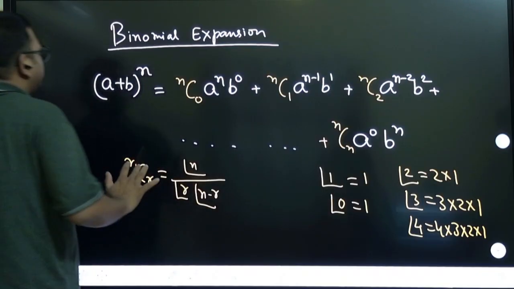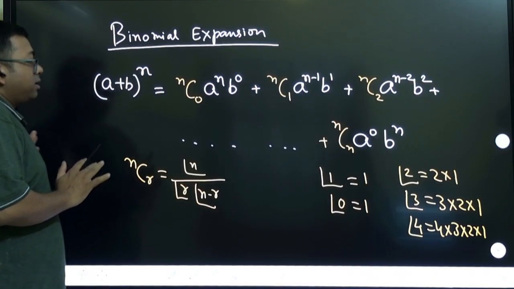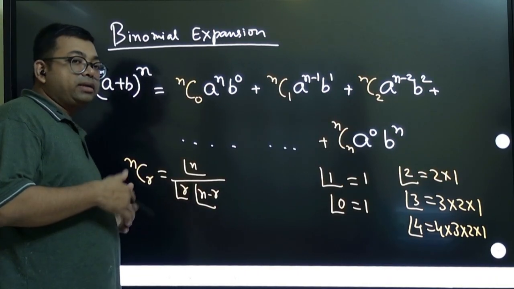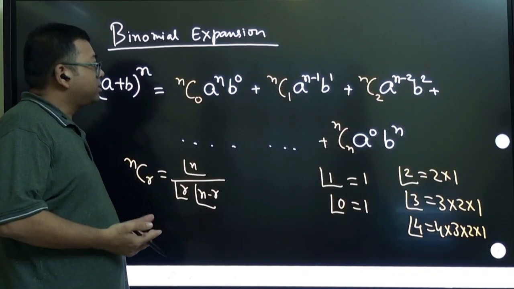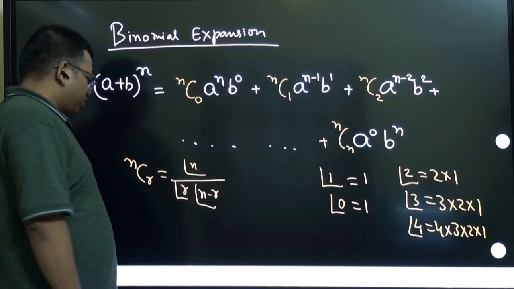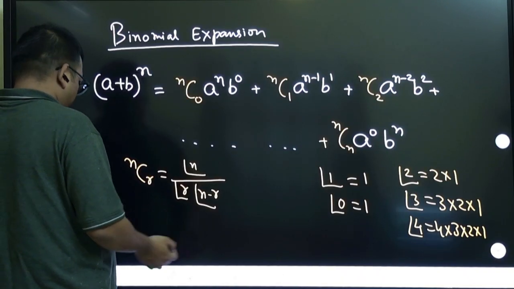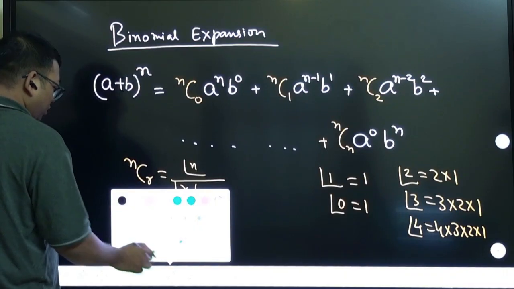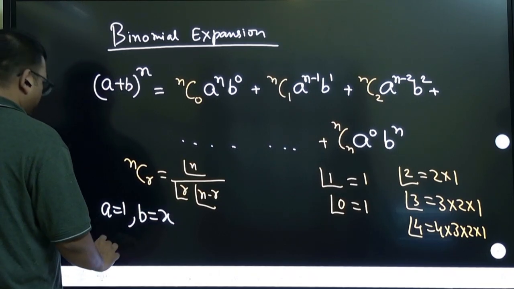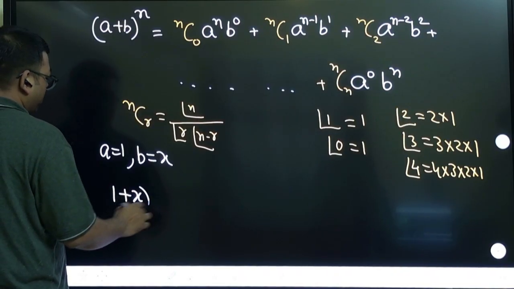So that is what binomial expansion is. We can expand it like this. Now we can do some approximation. Suppose one of the terms I take as x, and another term I take as 1, to get a small idea about that. So let us take a as 1 and b as x. Substitute in this expression a as 1 and b as x. So we will get (1 plus x) power n,